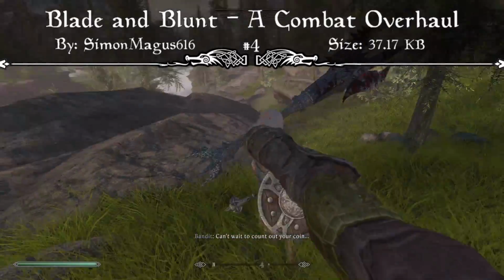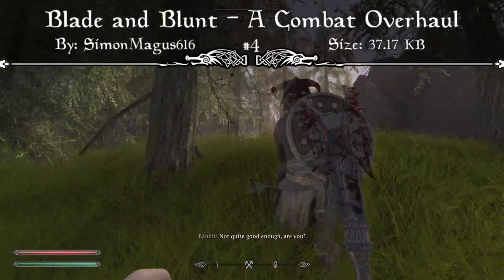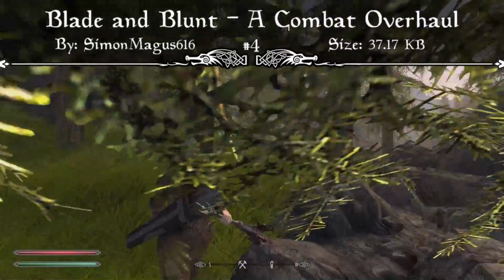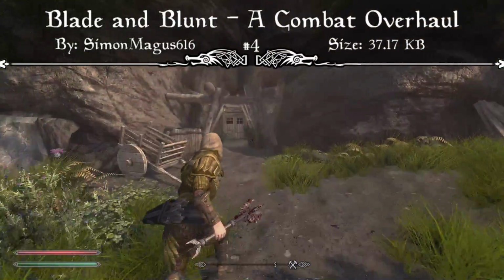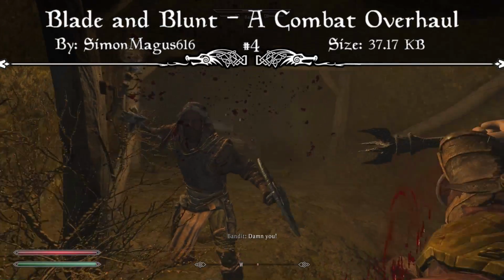The features of this mod include more aggressive and intelligent enemy AI, speed and reach tweaks for tighter gameplay, there's a heavy emphasis on resource management, it's almost entirely script-free so there's no impact on performance, and it's lightweight and compatible. The aim of the Blade and Blunt combat overhaul is not to nerf the player or make the combat experience hardcore. The overall goal is to actually encourage the player to interact with the mechanics, especially stamina-related mechanics, in